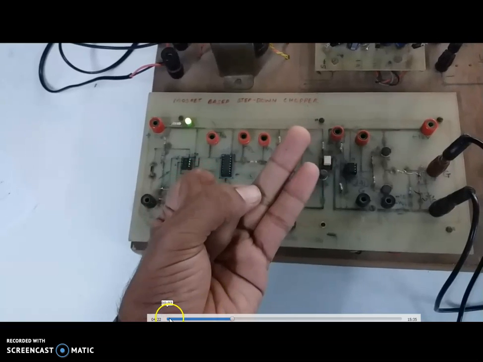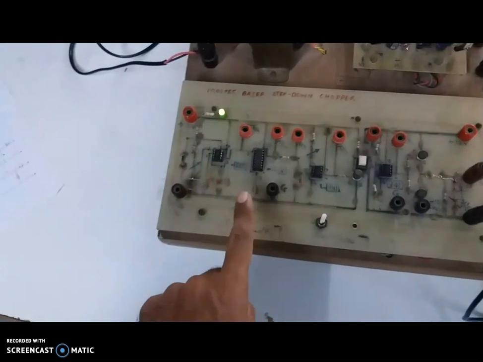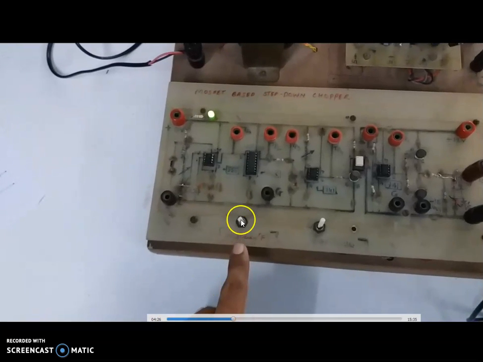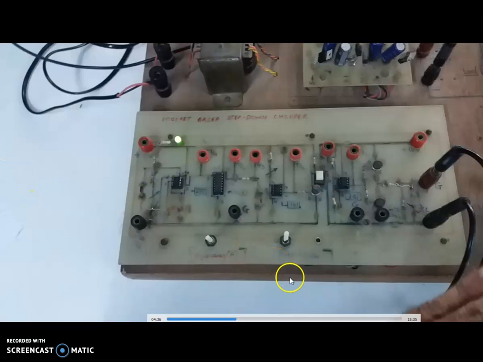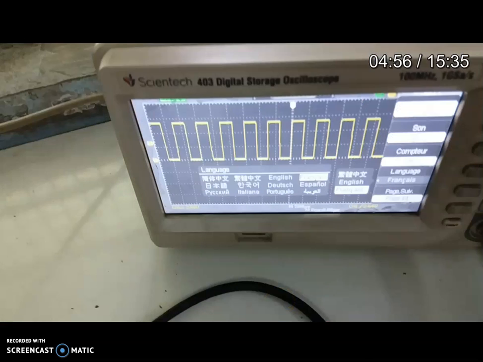So in that triggering circuit, see here, I am going to pause. There are two variable resistances used. One is for pulse width modulation, PWM. The second one is for frequency modulation, F is written for frequency modulation. If frequency varies, the total time period varies. If the duty cycle or pulse width modulation varies, only the on time or off time varies, but the total time does not vary. That's why there are two knobs. Okay, chopper.